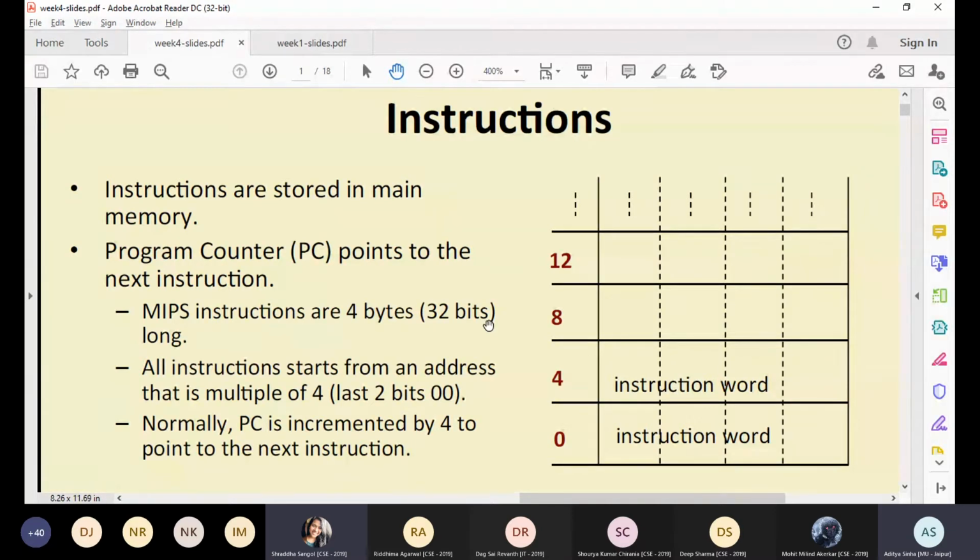You have studied this already in CSA, hopefully. You have? I'm asking. Yes, sir. Okay, if somebody wants to revise all those things, it's there in the week one slides, so you can go and look into those slides. You have already studied it, you may revise this concept. I'm not getting into that, but the program counter will increment after each instruction according to the word. So here it's incrementing by 4.